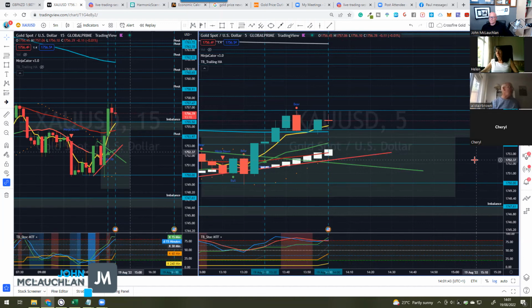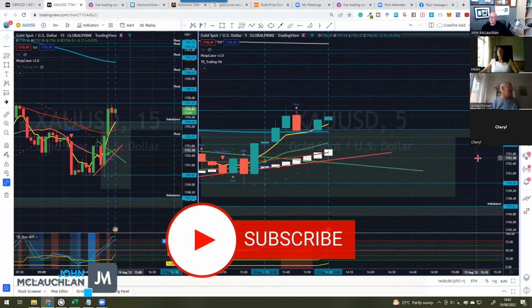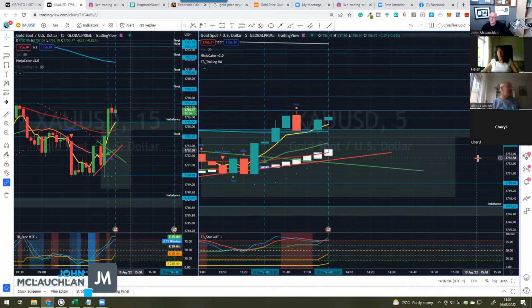So this had a low back in August. This is August, 3rd of August. And it's about come down past that, and it's pushing back up a little bit. But I just think it's going to come down. I really do. Back down to that low. I think it's going to come down to